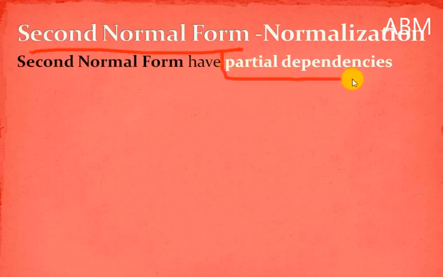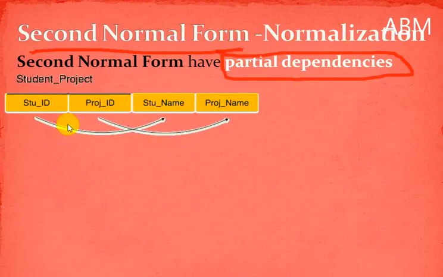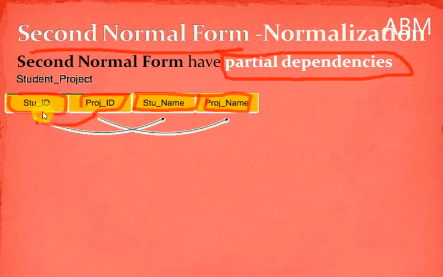What is the second normal form? Second normal form discusses the functional dependencies. Here you can see that the student ID determines the student name, but the project name is determined by the project ID, and project ID may be determined by the student ID. So we can determine the student name and project name by the student ID, but we can see that these are partially dependent on the student ID, because the student name depends on the student ID and project name depends on